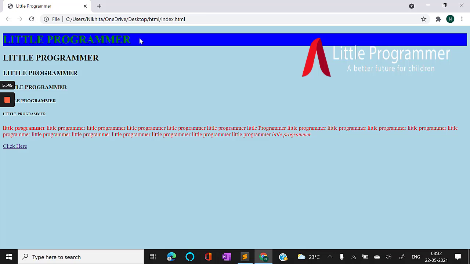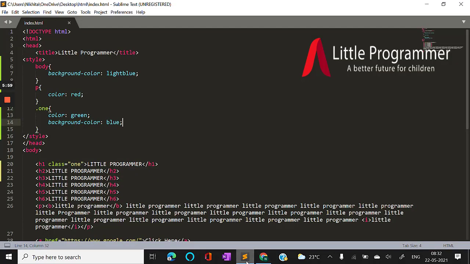Yes, you can see the background color for heading 1 is changed to blue, right? So like this, it is selecting that particular element and applying the changes. Okay, now we will see this styling, which we call as the